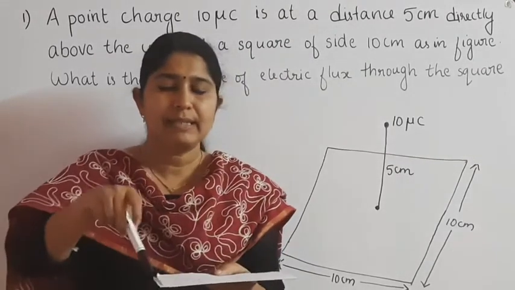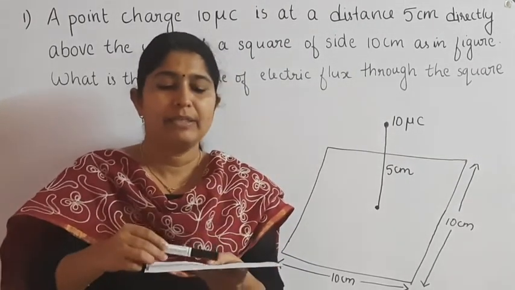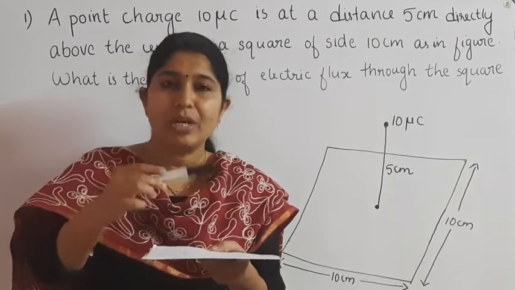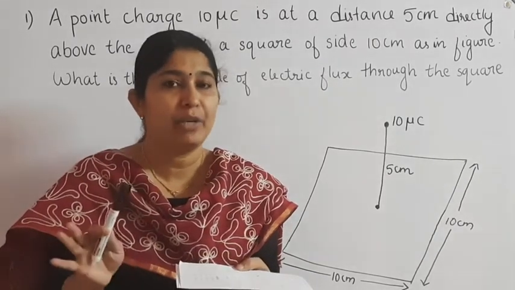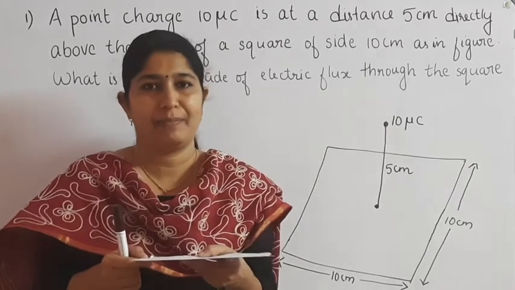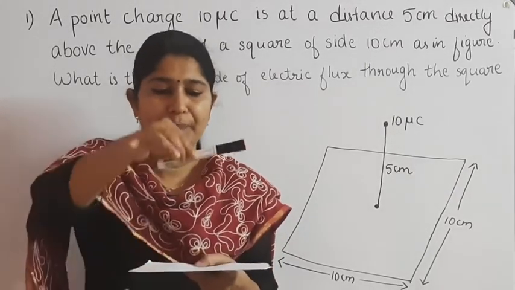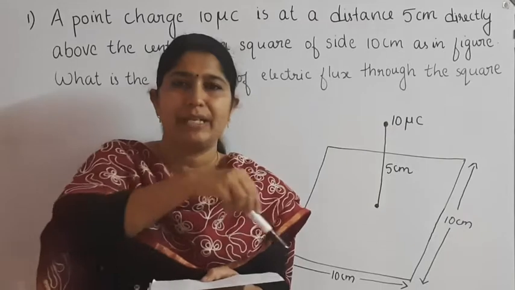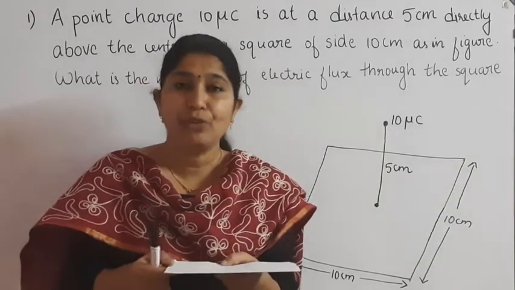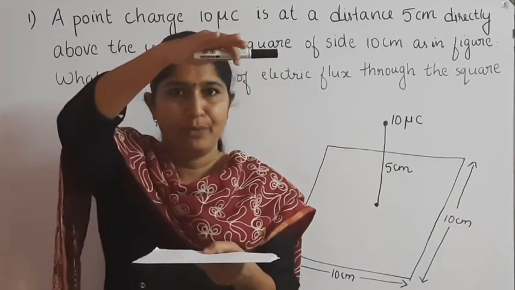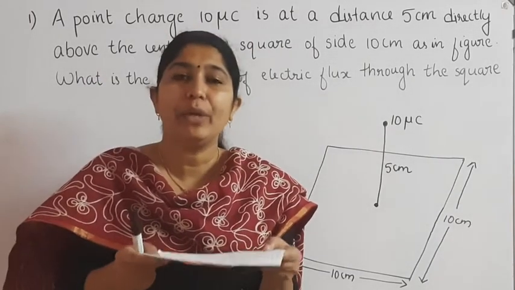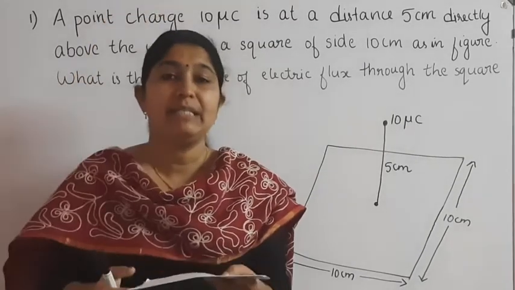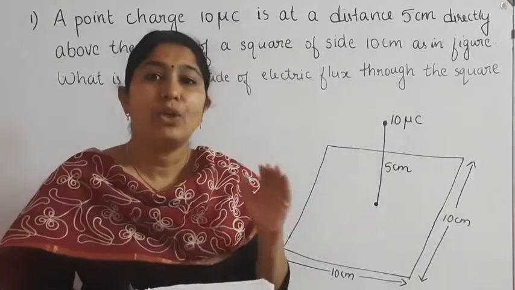Consider this as the square sheet, with the charge placed at a distance of 5 centimeter from it. To enclose this charge, we want to take 5 more sheets of the same type, and place one here, one here, and one here. That is, 4 sheets are placed on the sides of this square, and the 5th sheet is placed on the top. Then how many sheets are required to enclose this charge? 4 side sheets, 1 bottom and 1 top. That is, 6 sheets are needed to enclose this charge.